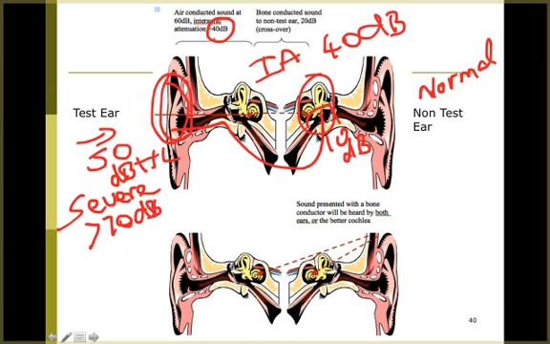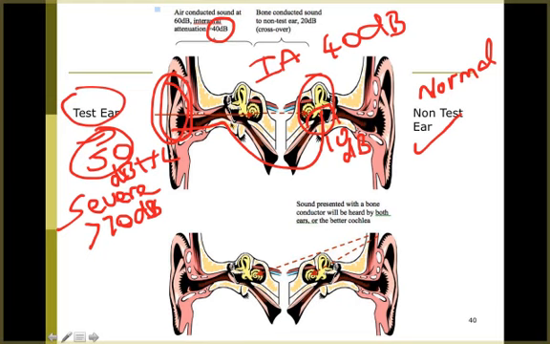However, if you are testing air conduction using headphones, because of the interaural attenuation, as soon as the intensity of the sound you're giving through headphones is 50 dB, part of that sound is going to go to the other side. If the hearing is better in the other side, this non-test ear is going to help out in this person's hearing, and this person is going to say that they heard the tone. What that will result in is an underestimation of this person's hearing loss in the test ear. So that's just giving you an example of the consequence of this crossover.